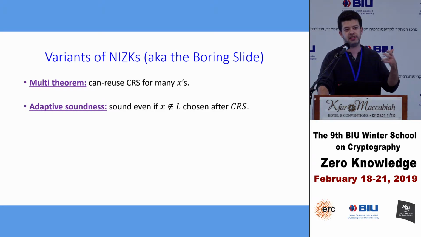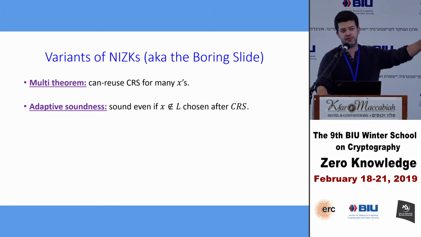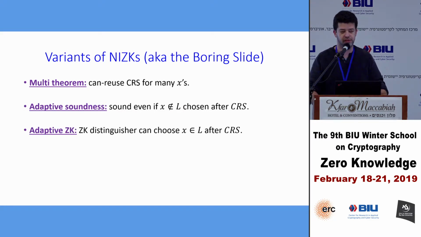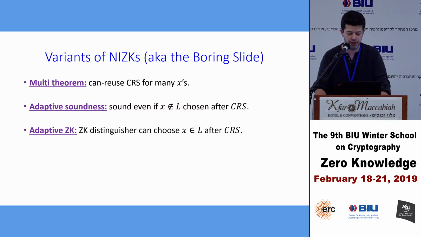The second notion is adaptive soundness. If we're thinking of the CRS as something that's posted once and for all and everyone sees, then maybe, based on the CRS, I will try to convince you of a statement that is related to the CRS. If it's something that I already saw, then this is a concern. Adaptive soundness says that I cannot even do that. Analogously, adaptive zero knowledge says that if I'm trying to learn something about an X that's in the language, and I get to choose X after seeing the CRS, I still can't do that. The definition that we had, as stated, doesn't guarantee it, but it's a highly desirable property.